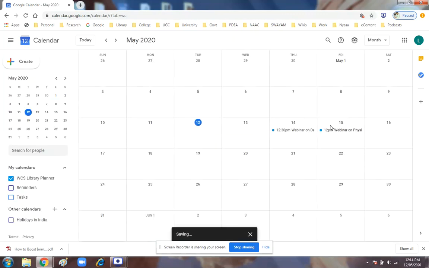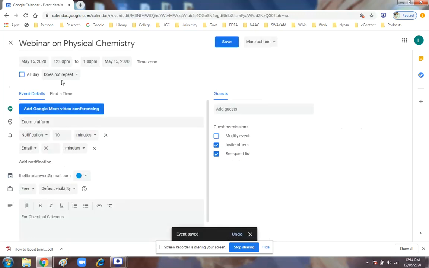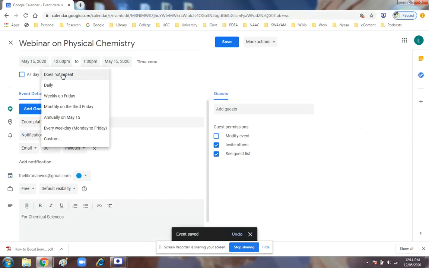Again, you can edit it. You are going to repeat it annually on 15th of May every year. You can set it as an annual repetitive event. You can set it as monthly on 3rd Friday.